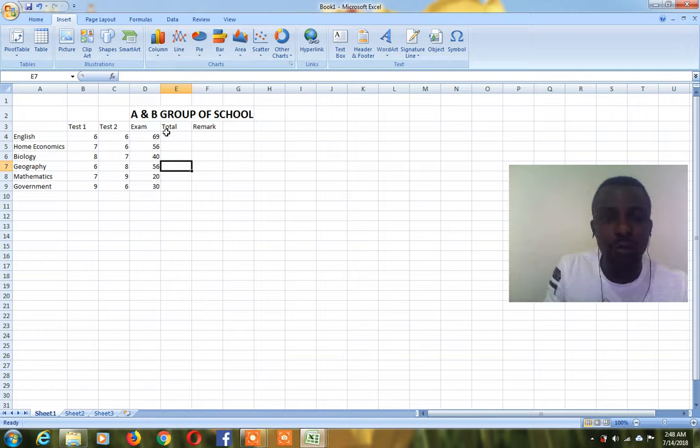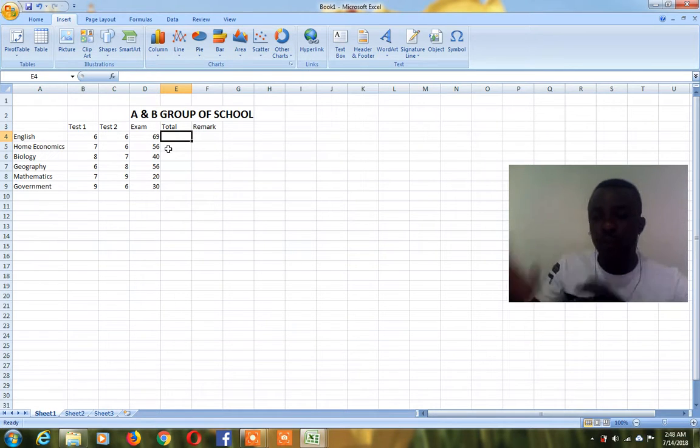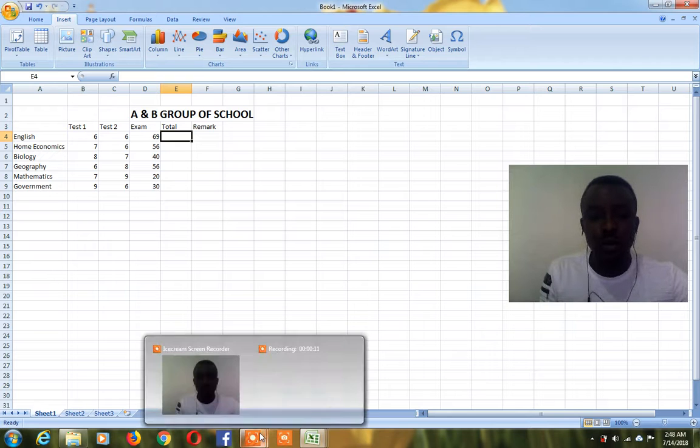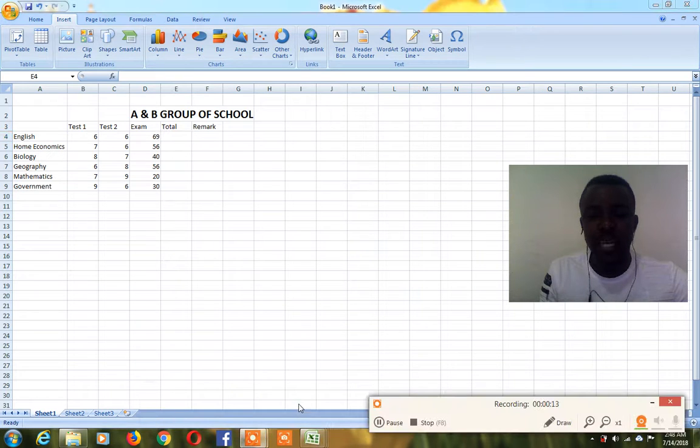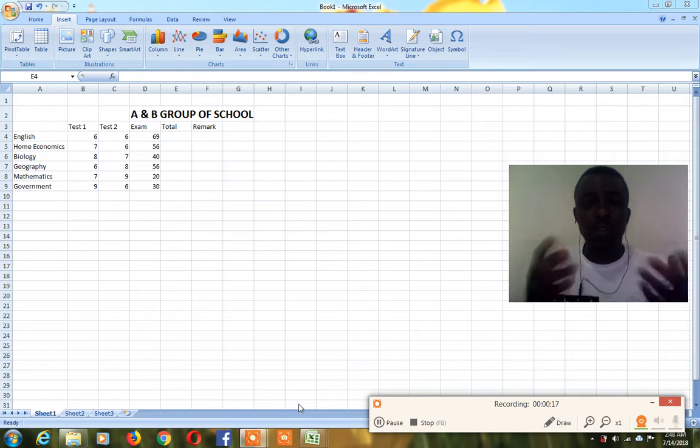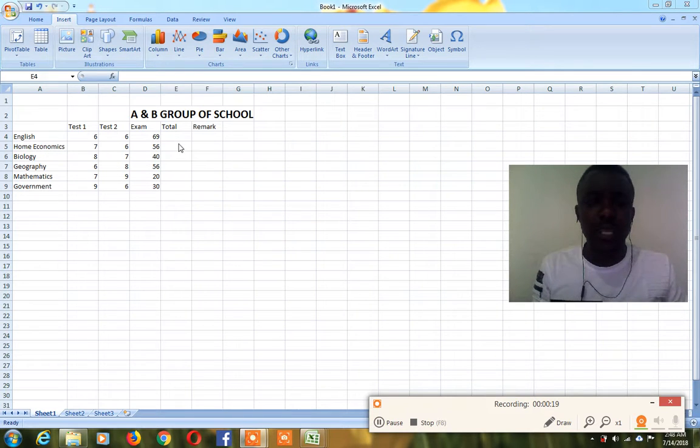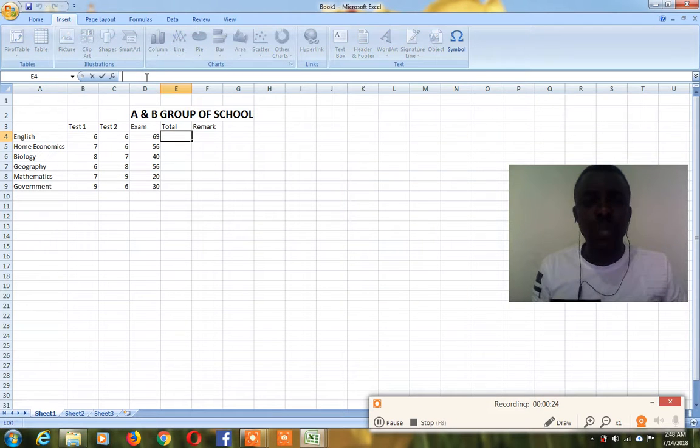Impute those values for test 1 and test 2. We want to get the total score for everyone. Now, we can't be doing 1 plus 1, 2 plus 2 to get the value; you're not going to pick a calculator and start pressing it. But we can just write a script that will automatically calculate everything for you and make everything simple. How do we do that?